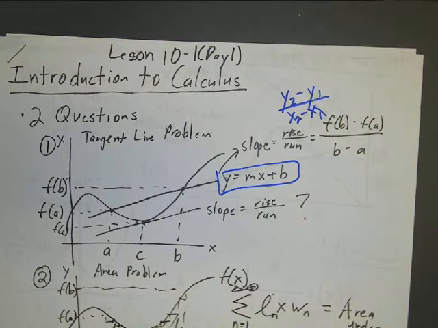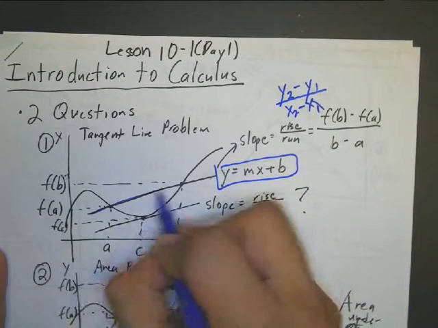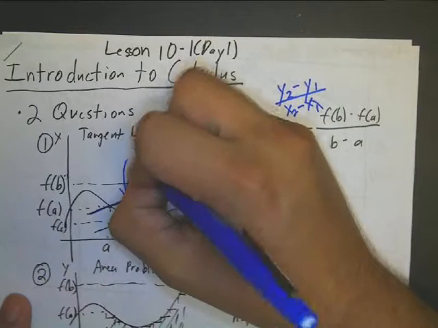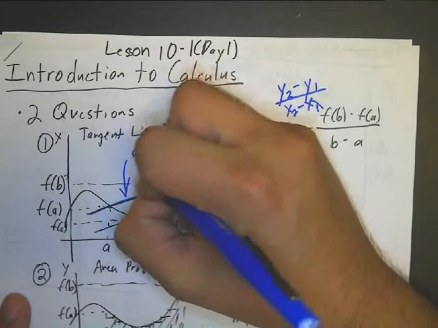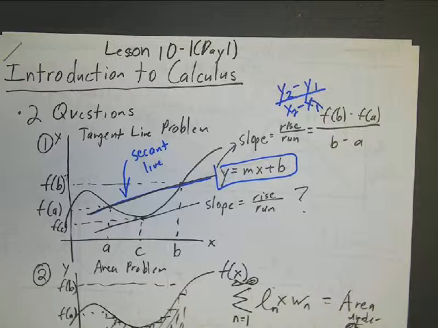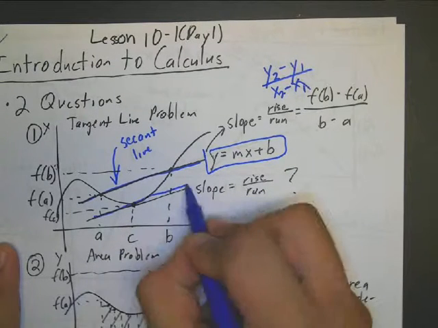Now, here's the thing. If I want this line, which we call the secant line, I just take the two y's over the x's, and it'll give me the slope of the secant line. But let's say instead I don't want a secant line, I want what's called the tangent line,